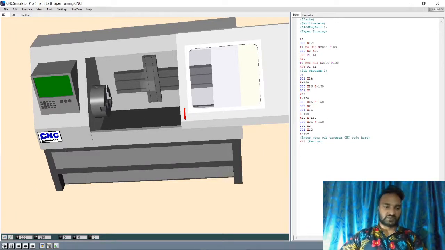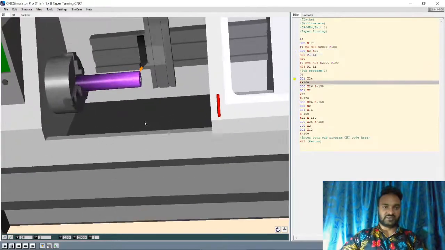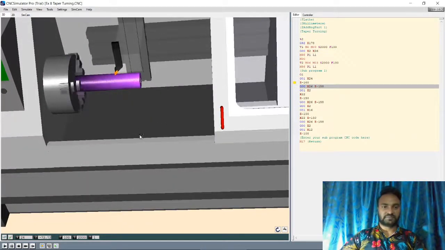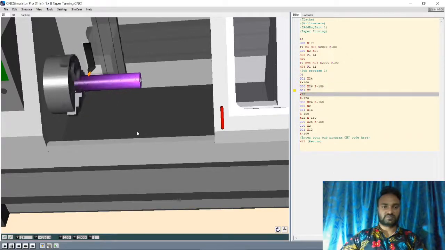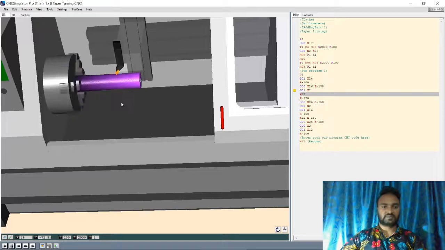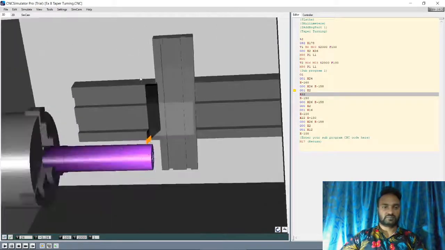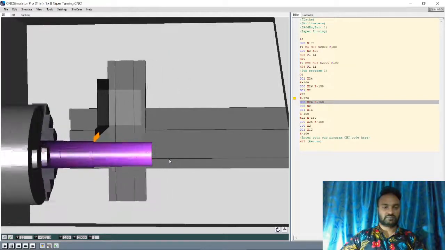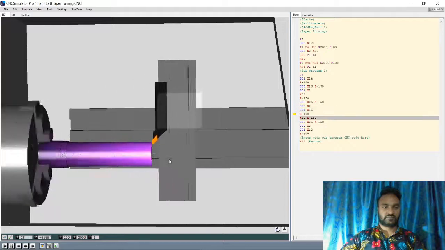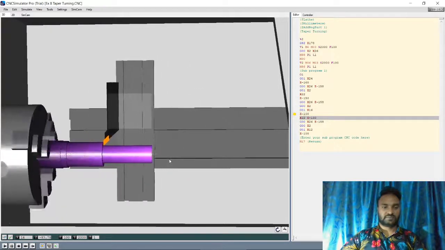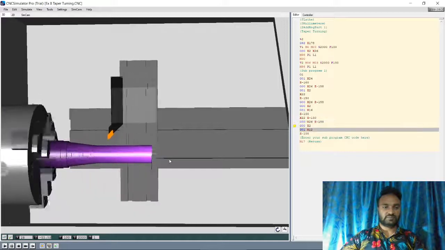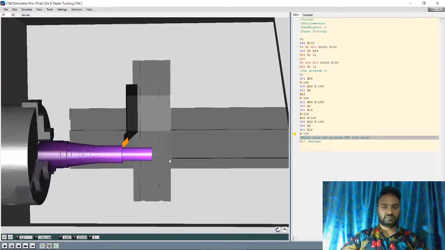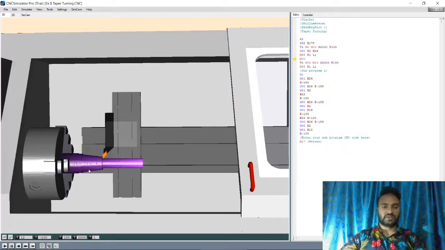I will check the simulation, whether it is working or not. Okay, so I am going to explain it.